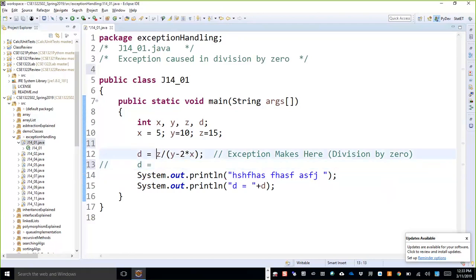D will be, my g value is 15, right? Divided by, my y value is 10 minus 2 times x, which is 10. That means 15 divided by 0, which is an undefined number, right? A number that is divisible by 0. Then if I want to run this program,